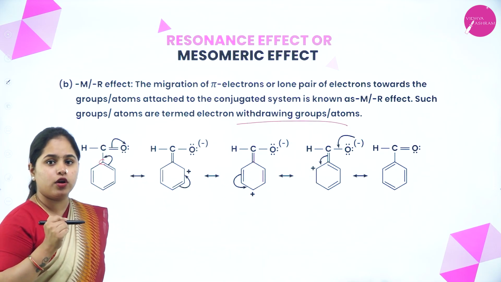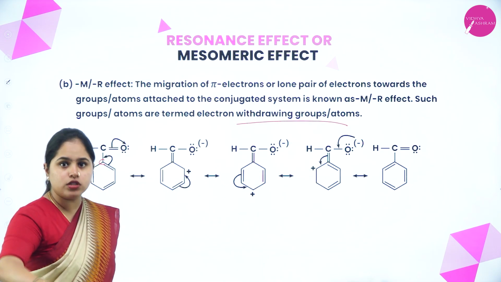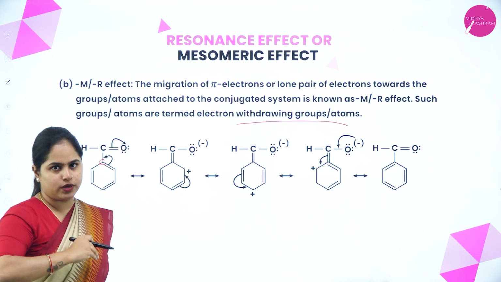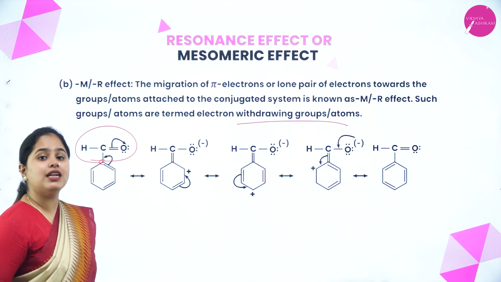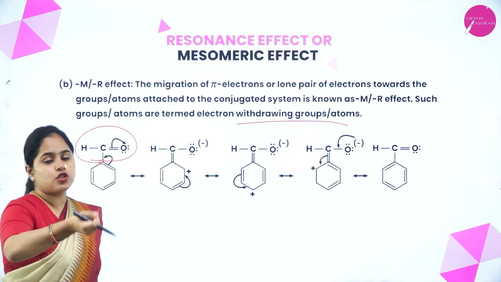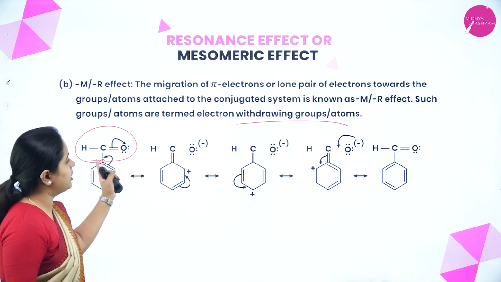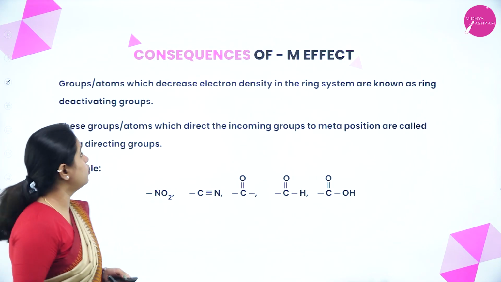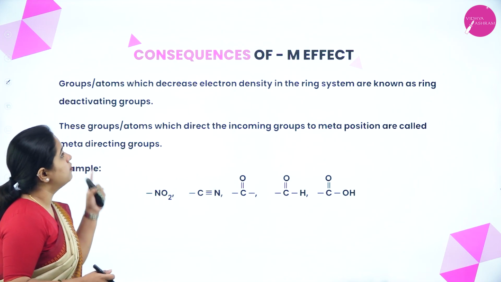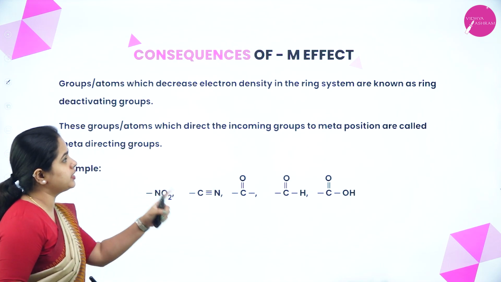Why are they electron withdrawing groups? They are taking up the electrons from the conjugated system towards itself. So the group which is attached onto the benzene ring will take up the electrons. Okay, so they are called electron withdrawing groups, and this effect is known as minus R effect. Right. Now moving on to the next slide, groups or atoms which decrease electron density in the ring system are